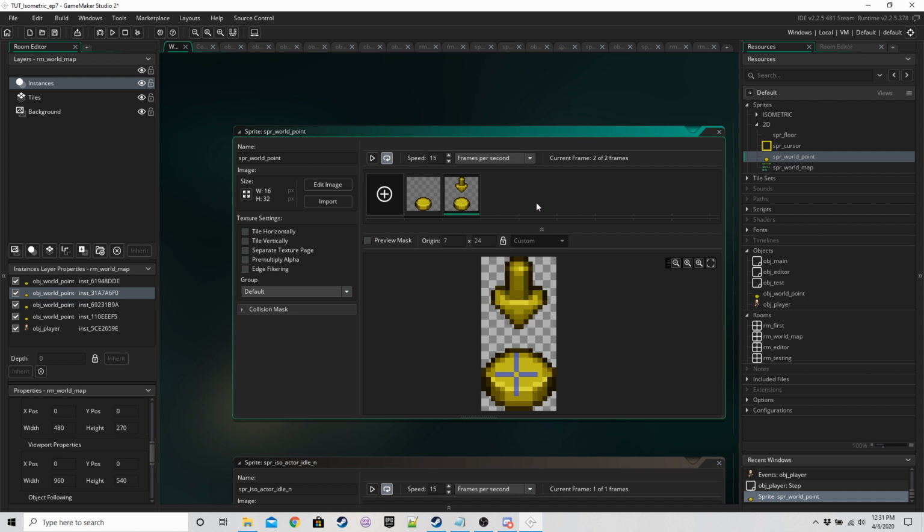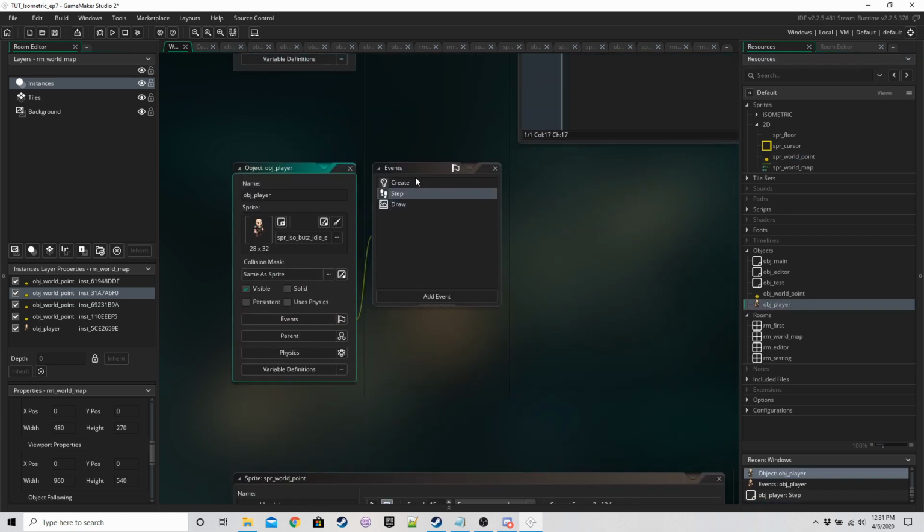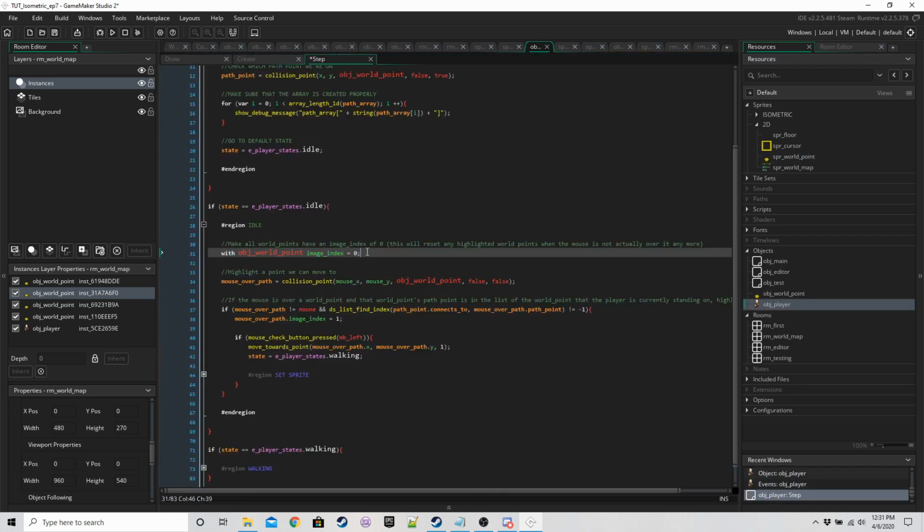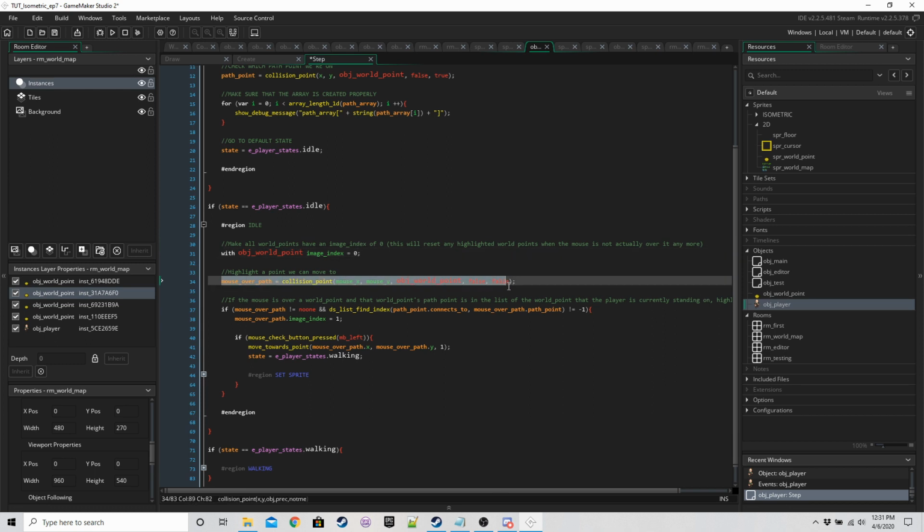So rather than doing a check for every instance to see whether the mouse has moved away from it, it's just easier to reset all of their indexes to 0 in the first place and then check for the mouse. So every step, every one of these path points gets their index set to 0. Then we check for the mouse. Mouse over path is going to hold an ID or no one. So if the mouse is over one of these path points,